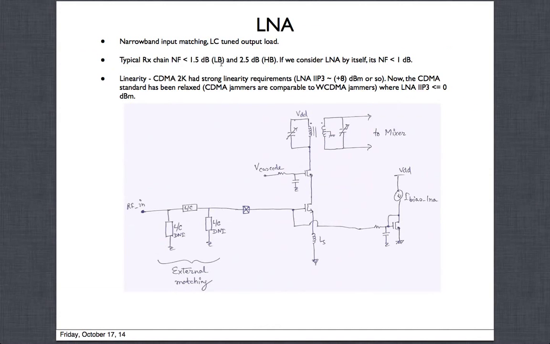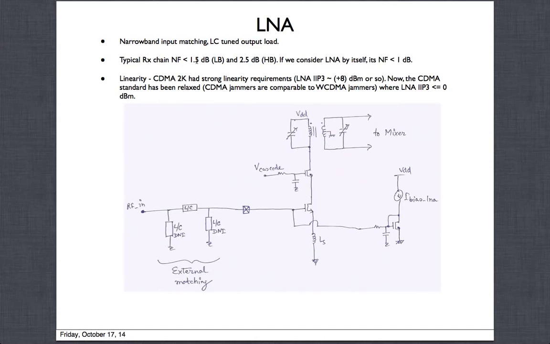It's extremely low, and this is for low band. Low band is around 700 megahertz, 800 megahertz, 900 megahertz. Now when you go to higher bands, like band 1, the most popular band at 2.1 gigahertz, or when you're trying to go to 2.7 gigahertz, then they do degrade. It's hard to get that much gain at higher frequencies, so obviously the noise will go up, and could be somewhere around 2.5 dB. These are the typical numbers that you will get.